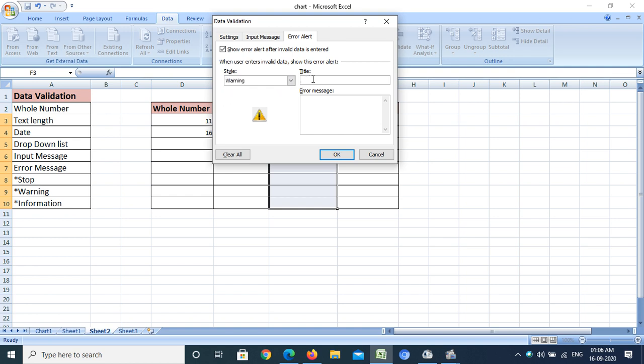For the warning, I need to give the title of my error message, suppose error, and the message is enter valid date, and I just have to click OK.